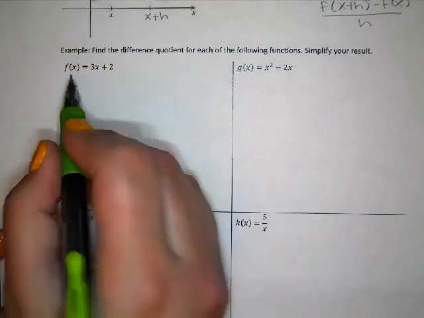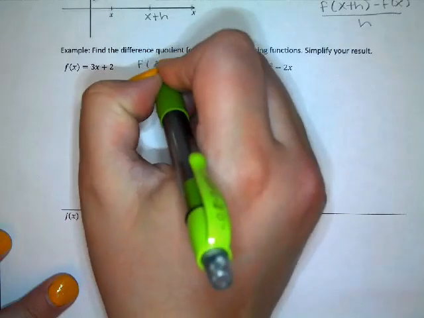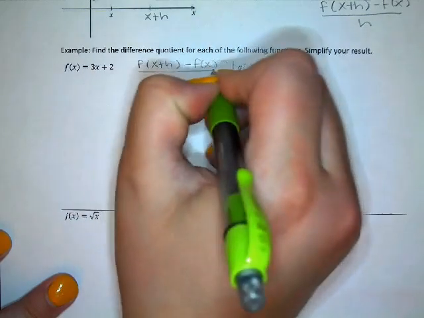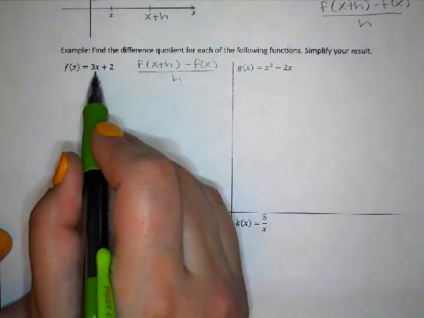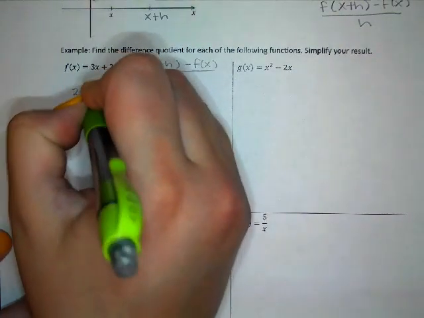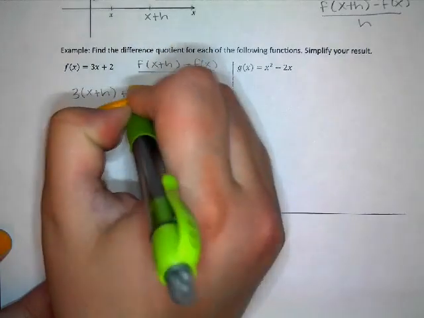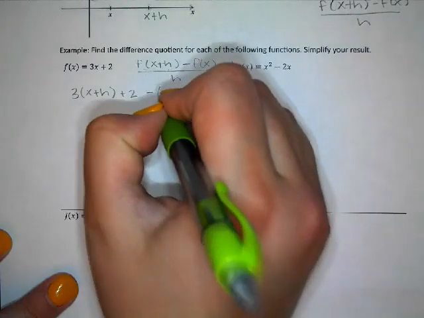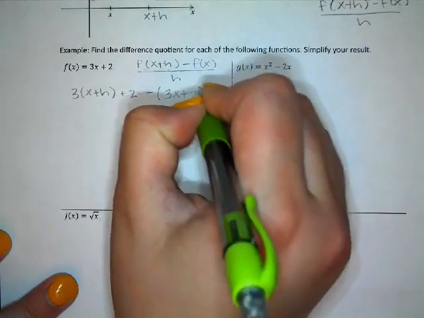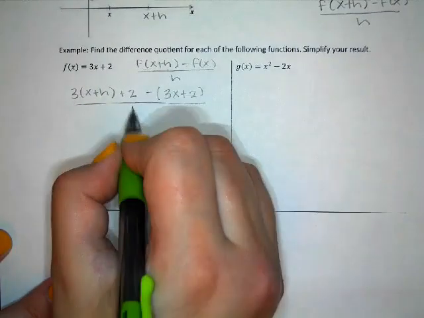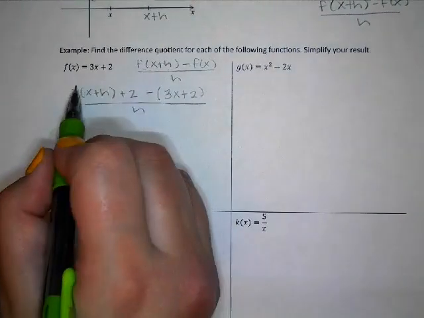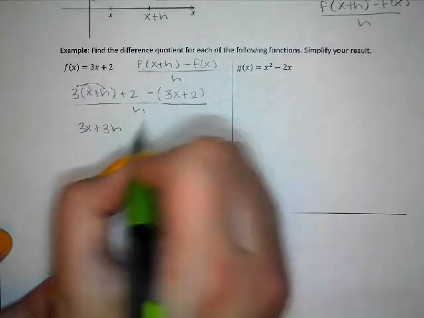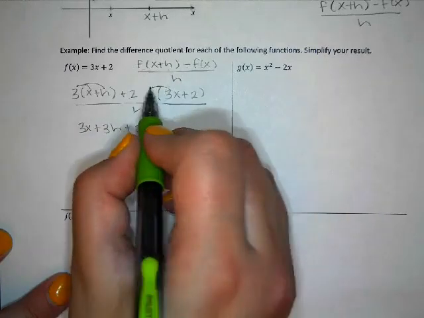We're going to find, for the first one, f of x plus h minus f of x over h. So f of x plus h would be 3 times x plus h plus 2. So there's the f of x plus h minus the function itself. So minus the function itself. And then divide this by h. And we're going to simplify. So 3x plus 3h plus 2 minus 3x minus 2